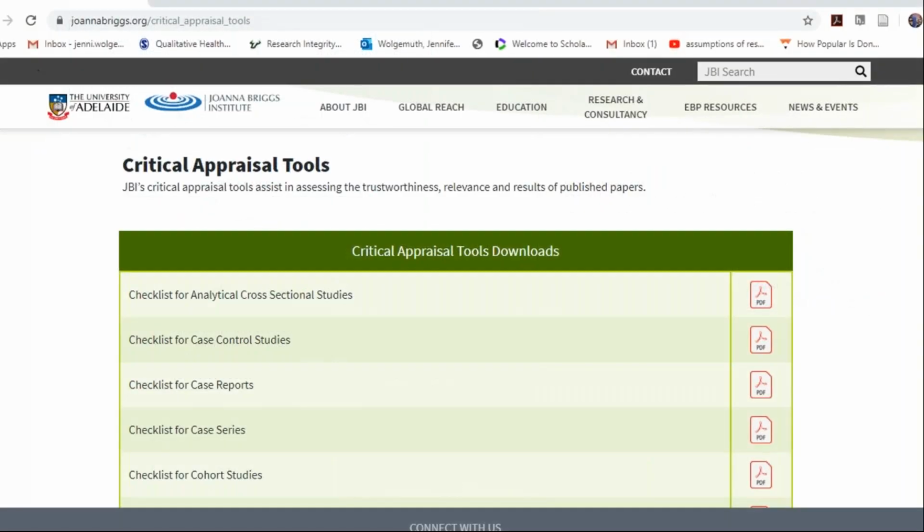So speaking of appraisal tools, there are a whole bunch of appraisal tools available for appraising the quality of qualitative studies. And these are most often used if your qualitative systematic review is being conducted alongside or in addition to a quantitative one. Whether to actually use an appraisal tool is a really important decision point for a lot of qualitative systematic reviewers.